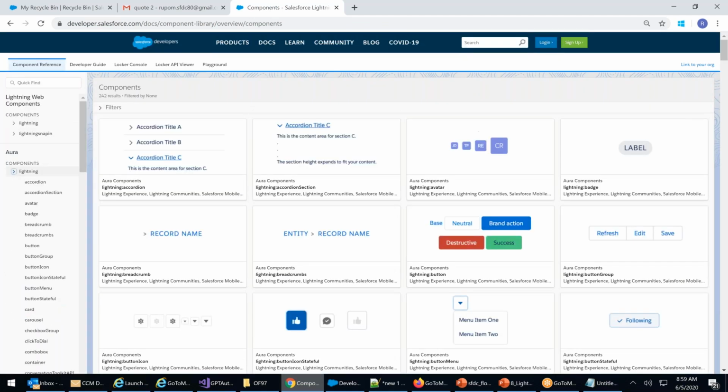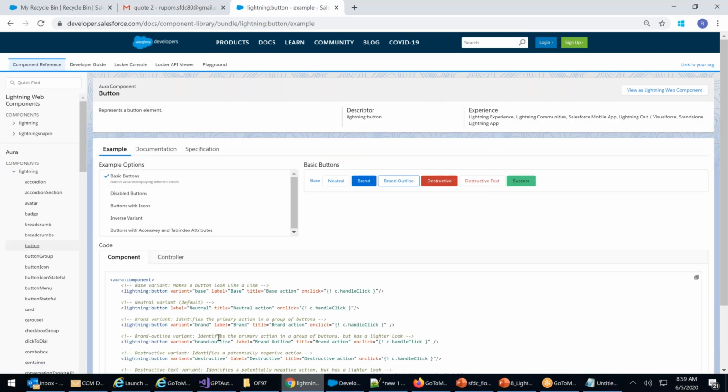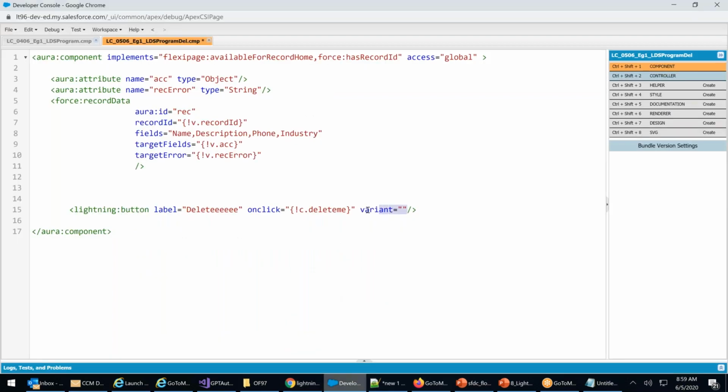Lightning button, all these variants. Destructive. So you can take variant equals to destructive, one red button will appear. Delete. Variant equals to destructive.